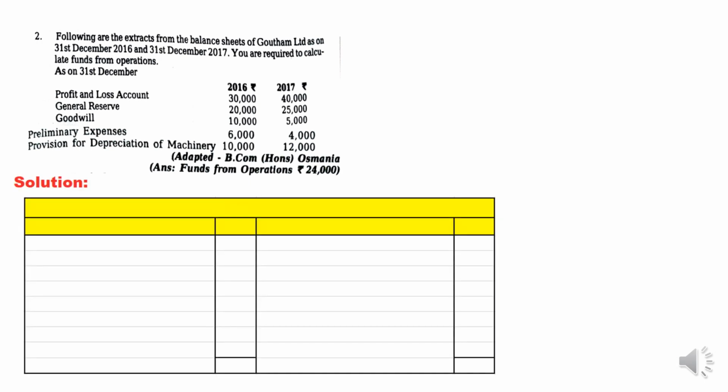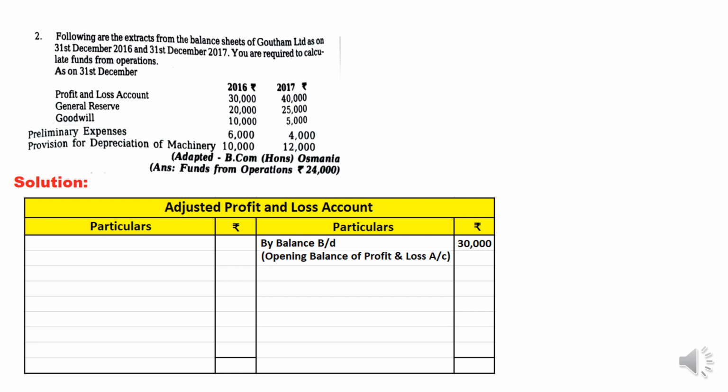So for this we will prepare one ledger account. This ledger account is called the adjusted profit and loss account, with particulars and rupees on both sides. This profit and loss account starts with the opening balance, by balance brought down. Opening balance is 30,000. Why am I considering that? Because 2016 is opening and 2017 is closing. Therefore I am writing by balance brought down, that is the 2016 balance, 30,000 opening balance. Whereas to balance carried down 40,000, that is the closing balance, the 2017 balance. Once we write down these balances, then we will further proceed with